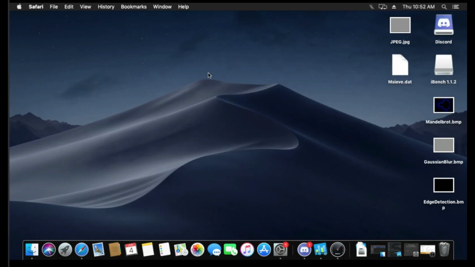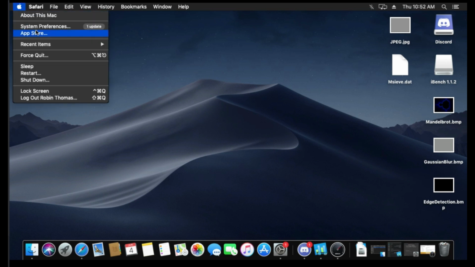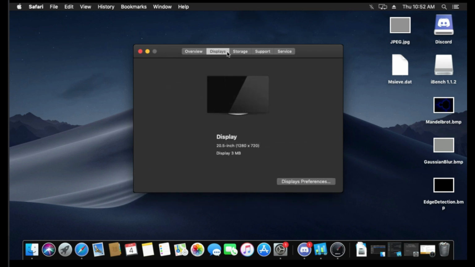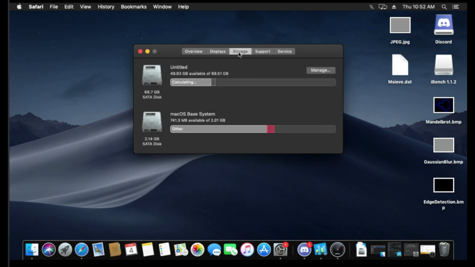Now, this is a small video which shows the performance of our macOS. As we can see, the version installed is macOS Mojave version 10.14.4 and is installed on the following hardware.